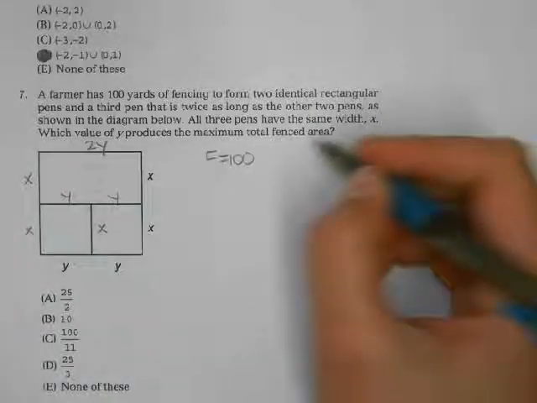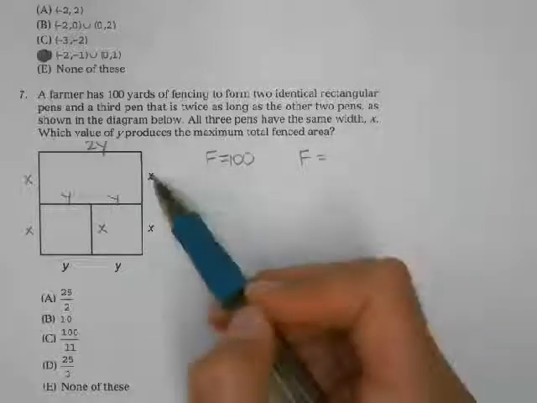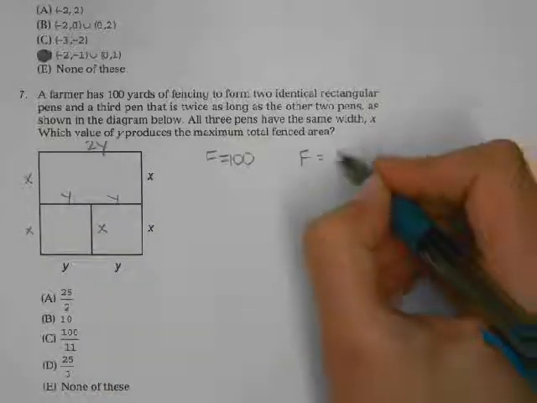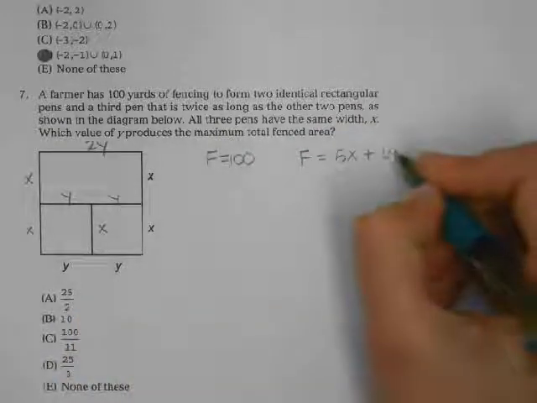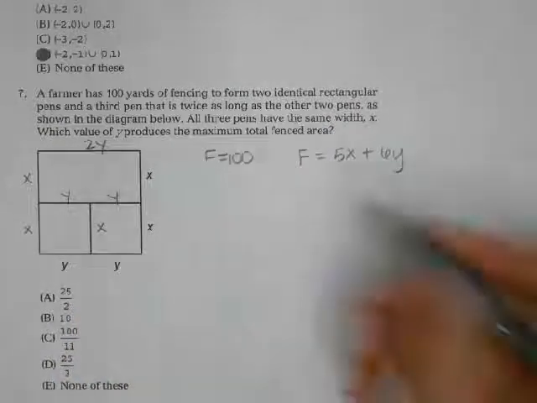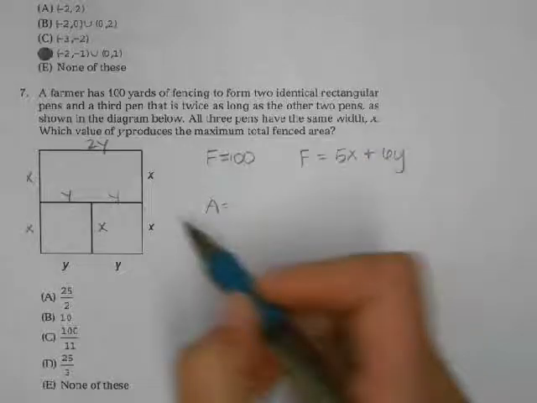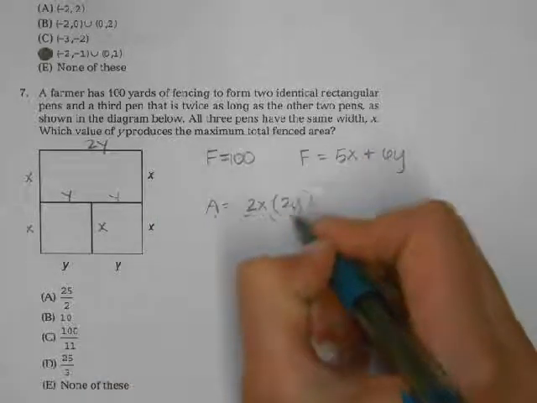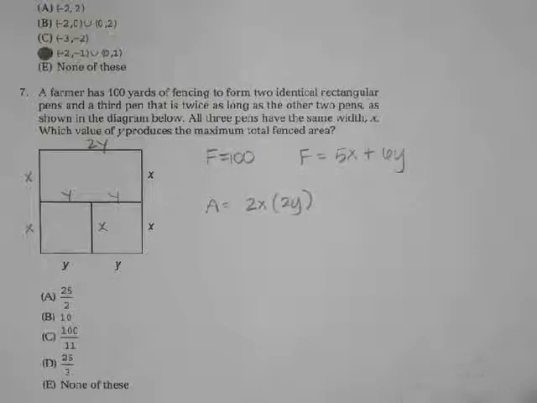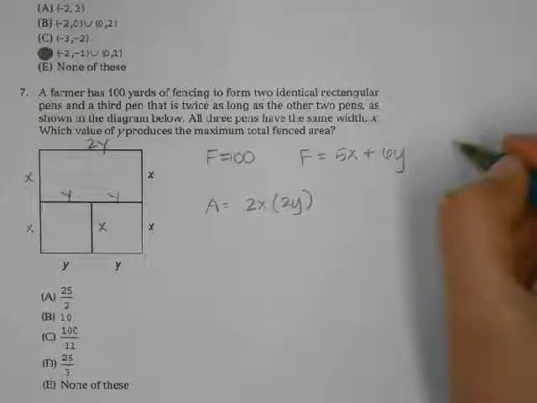And so my fencing is 1, 2, 3, 4, 5 x's, and 1, 2, 3, 4, 5, 6 y's. And then I know that my area is going to be one side times the other, so that's 2x times 2y. And they're asking me what value of y produces the maximum total fenced area. So I know that when I use this equation,